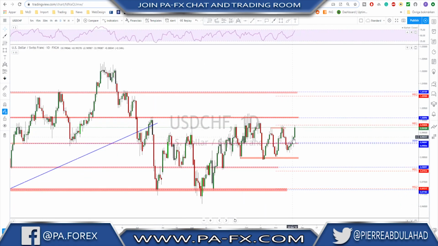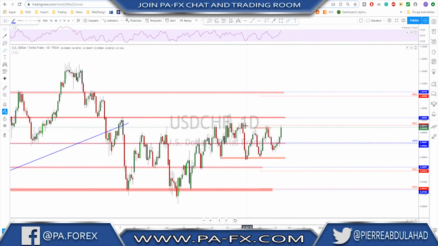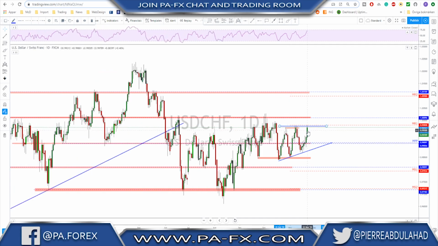USD CHF, also a ranging market. As you see on the daily time frame, we're still going sideways. There is no continuation. The one thing we have is those higher lows and equal highs here, so we start having some kind of ascending triangle. But as you saw last week, the market did test another time the monthly R1 here, and we stopped at that. And as you may know, a break above this is needed for more upside to start talking